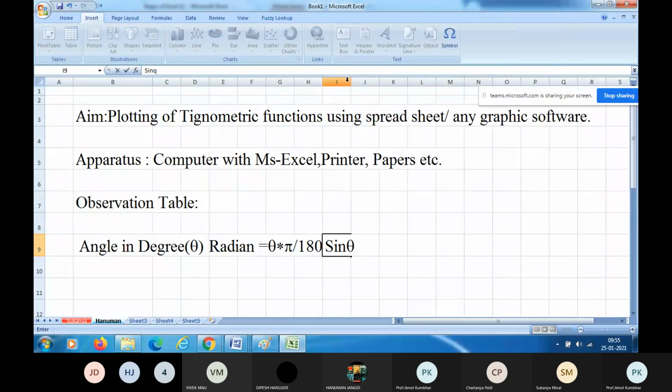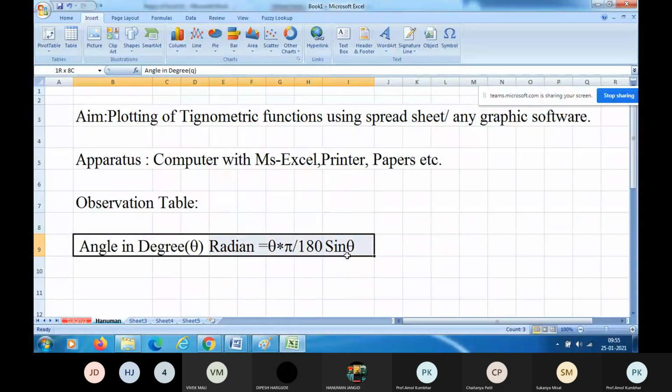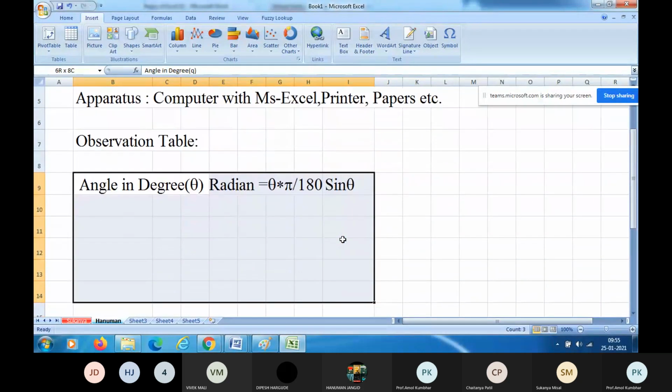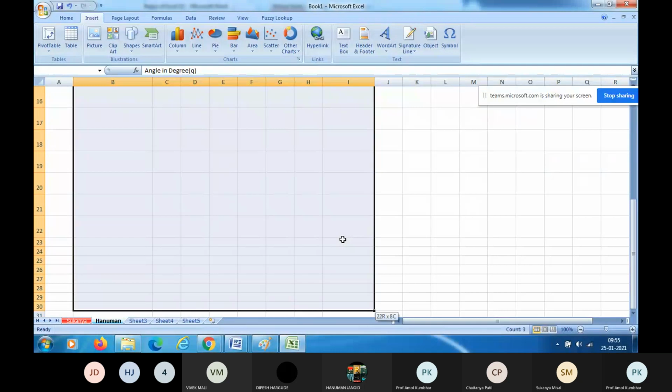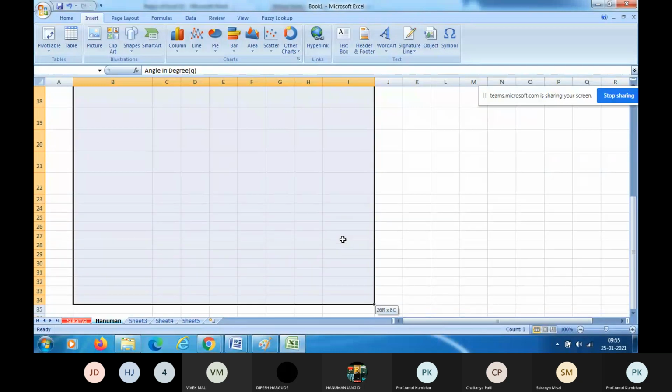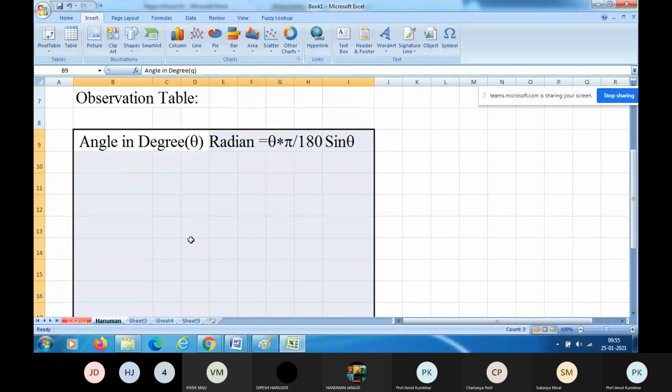First select these rows and columns, and we will give borders to these cells, right? So by selecting rows and columns for this observation table, go to Home once again.